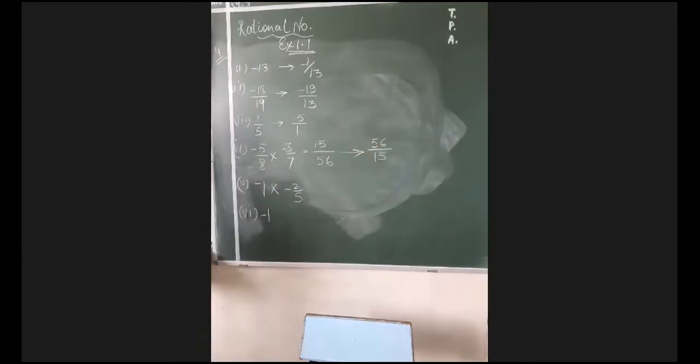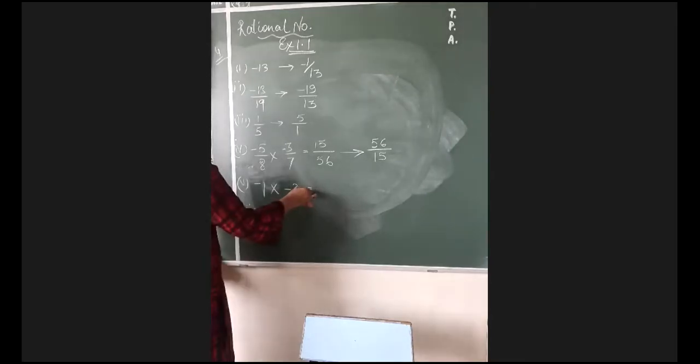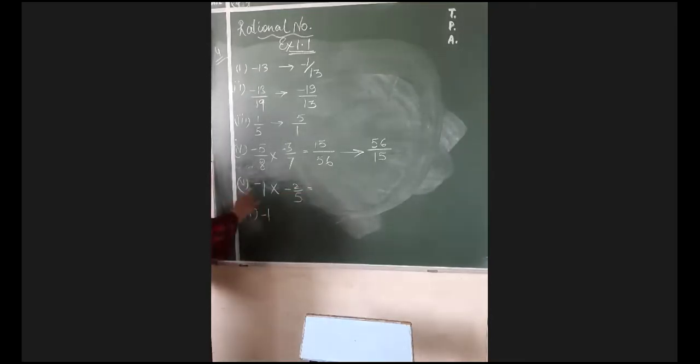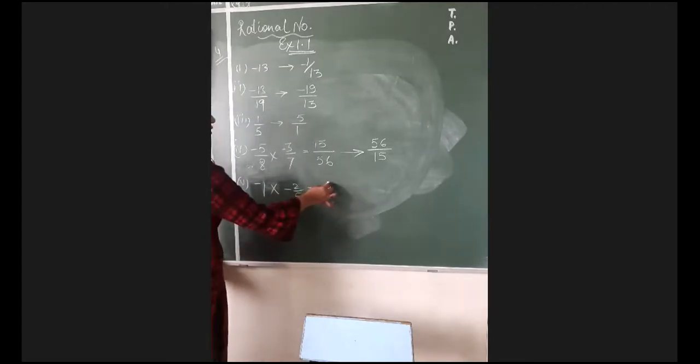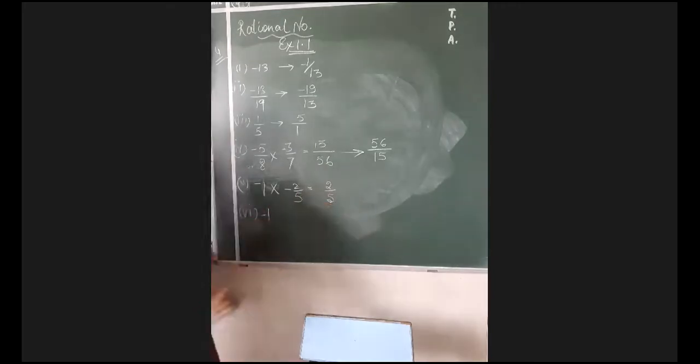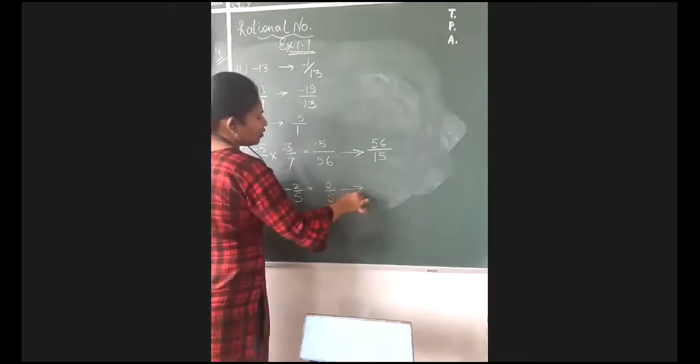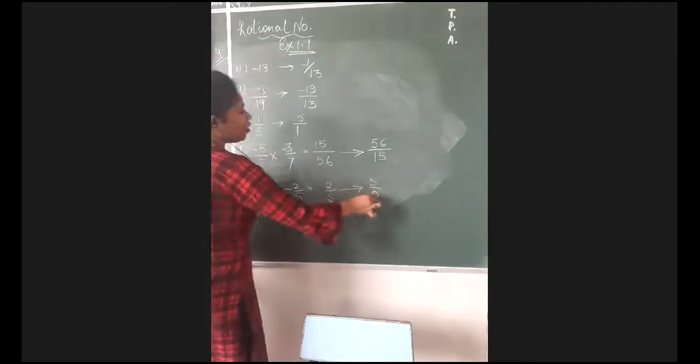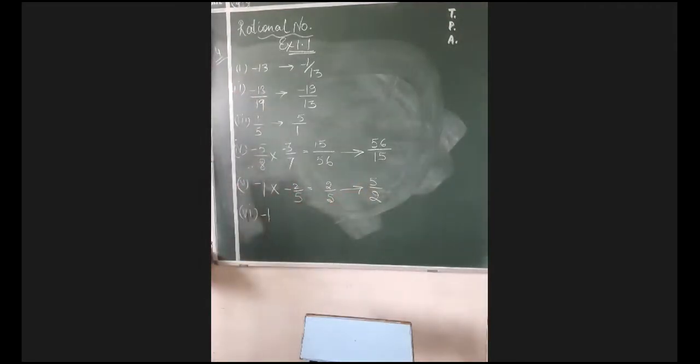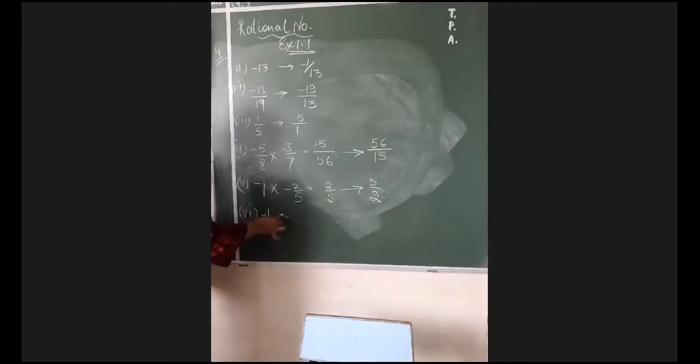Okay, now move on to the next question, which is again similar to the fourth one only. First, you have to make it simplified. When you make it simplified, the product with 1 will give you the same answer. It will give you 2 upon 5, minus will give you plus only. And when you take out its reciprocal, it will give you normally 5 by 2. Now move on to the last question.